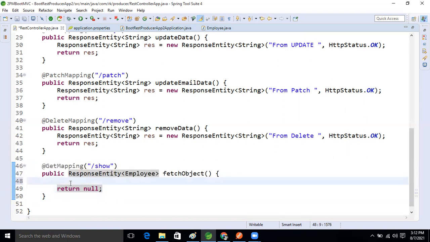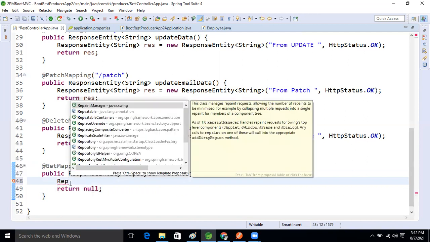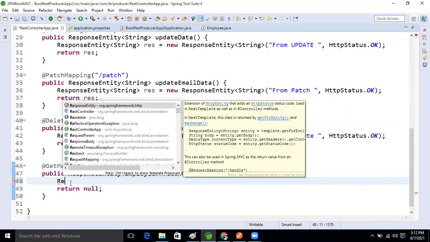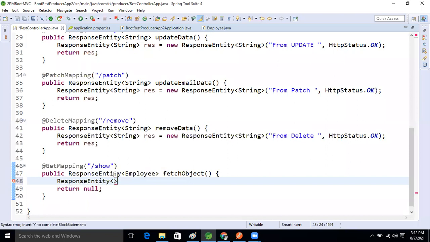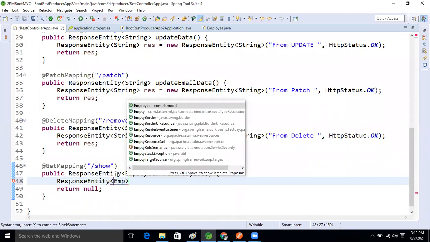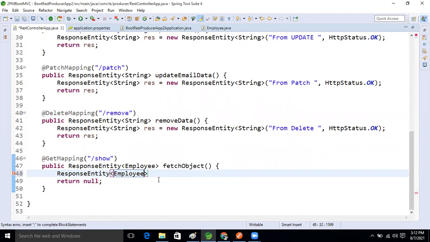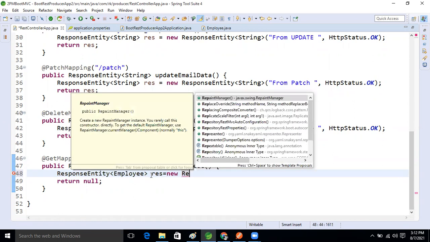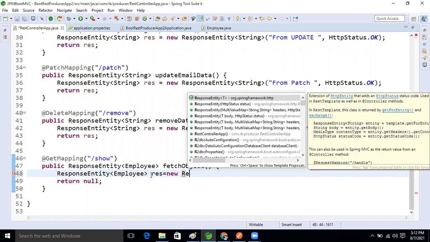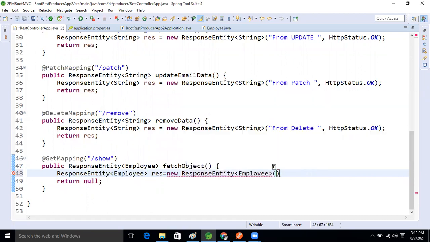So here, again I'm returning a response entity, right? Response entity with generic type Employee. Class type of Employee, request. Now response entity has two parts, right?